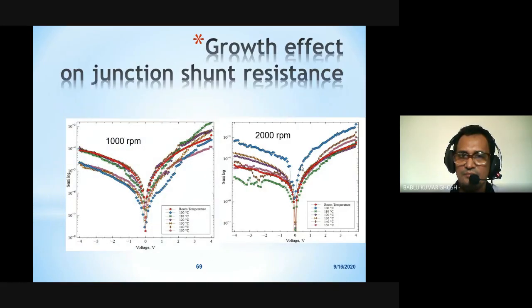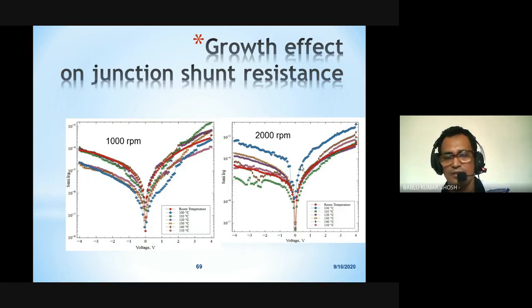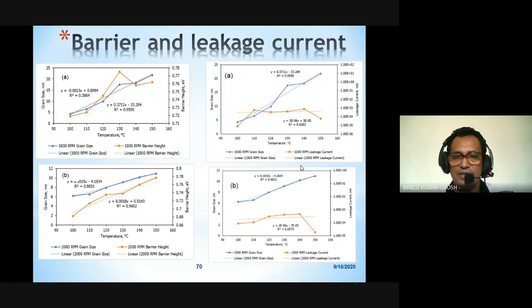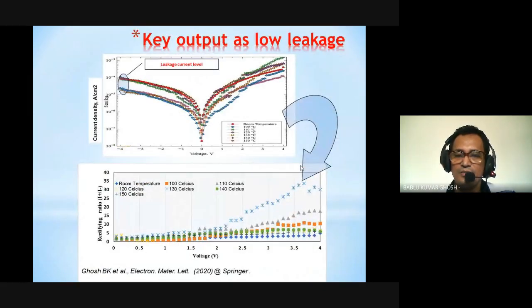And here you can see that the different growth properties promote different current density with the different applications of voltage, and ultimately it can make the forward and reverse current ratio, that is very essential to determine the junction property of PN junctions, and the grain size of the materials, how significant to make the barrier height, and ultimately the grain size impact on the leakage current. We can see here that is more significant for the analysis of the materials. How is the growth property suitable for developing the low leakage current